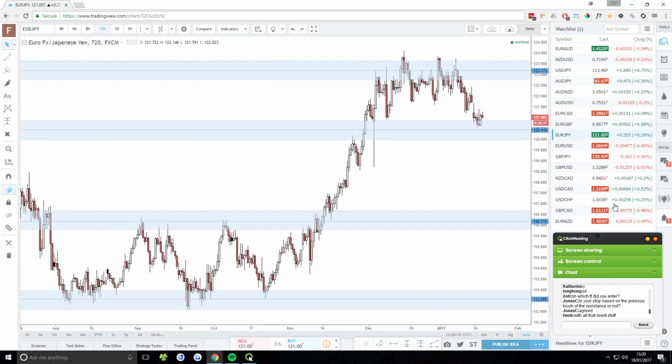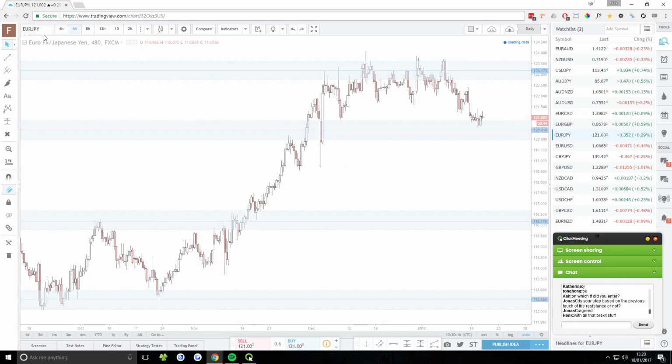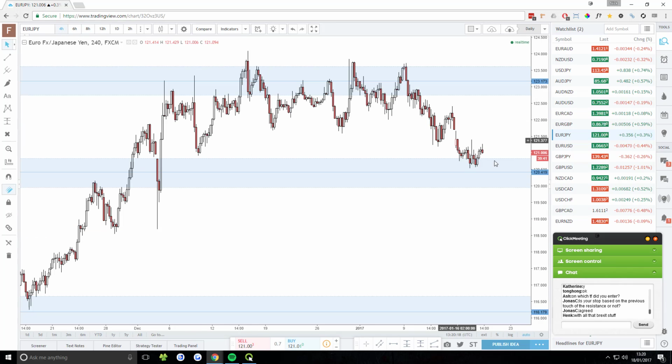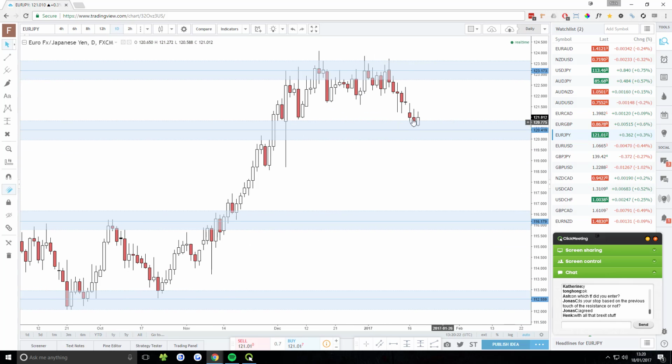Euro JPY, is anyone in a reversal here? I saw something posted to the forum. I didn't really have time to read it, but it seems like some people are entering a reversal here. I don't really like the setup. I think we also spoke about this yesterday, and I said that I wasn't a big fan of the setup. It was just too messy all the way through there, and the risk to reward ratio is not going to be that good.